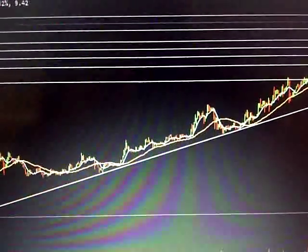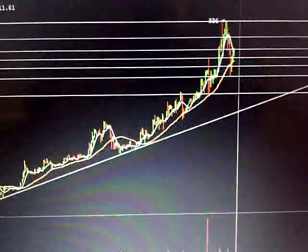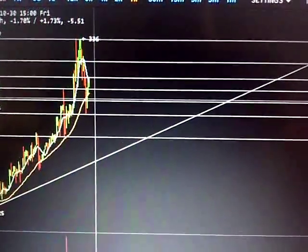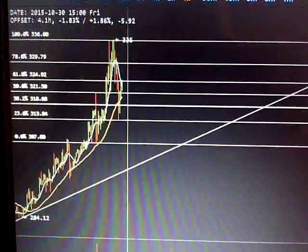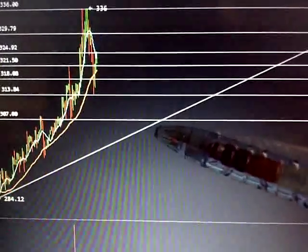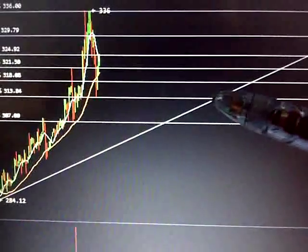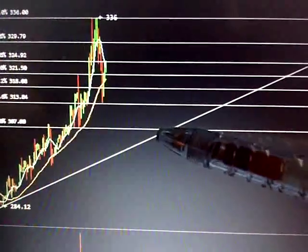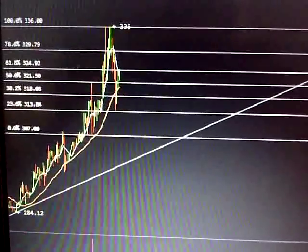Let's just move this out here. Maybe we can do something like this. As you can see, a little time frame here, pulling back a little bit just to get a better idea of the time frame, and also where it might hit this support line, and we'll see if it bounces up again on that or if it breaks down. And then current price is